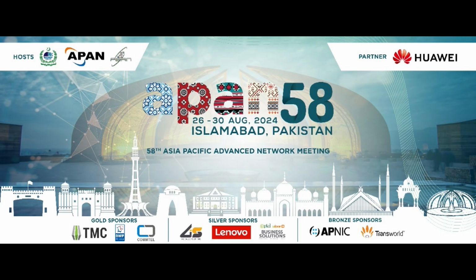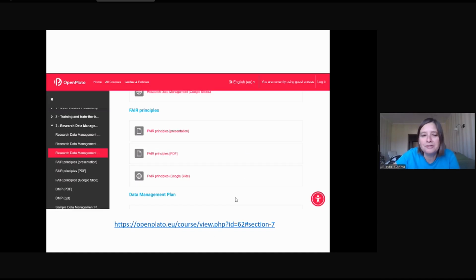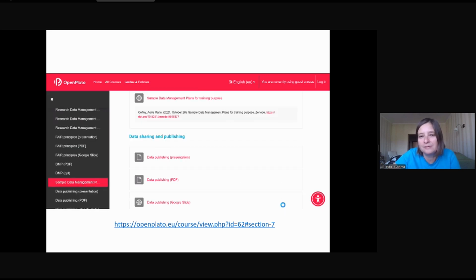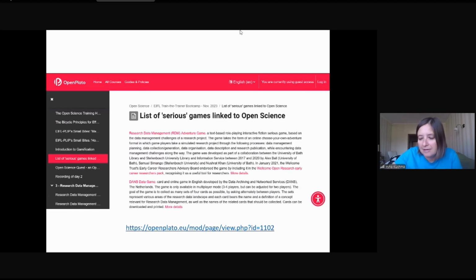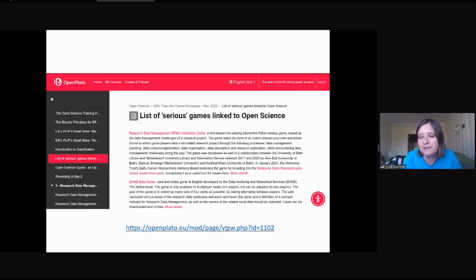Outline of training outcomes, presentations that could be reused on research data management, FAIR (findable, accessible, interoperable, reusable) principles, data management plans, data sharing and publishing. This course also includes exercises that you can include in your training activities, for example, FAIR game and additional resources. And we also collected a list of serious games about open science, because